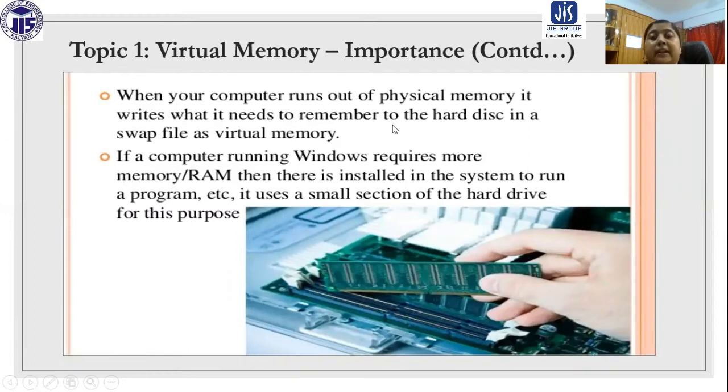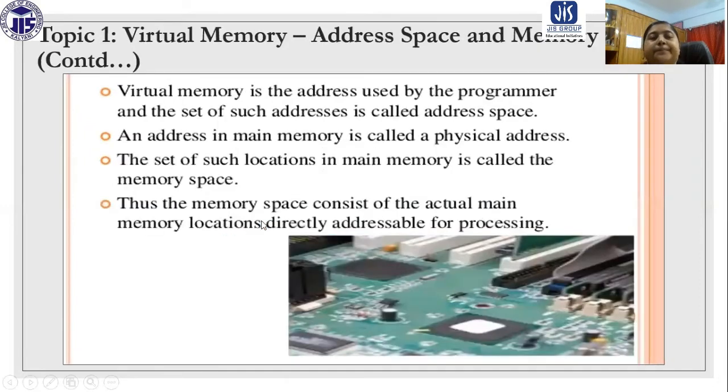So basically, we store it in hard disks. If a computer running Windows requires more memory or RAM than is installed in the system to run a program, it uses a small section of the hard drive for this purpose.